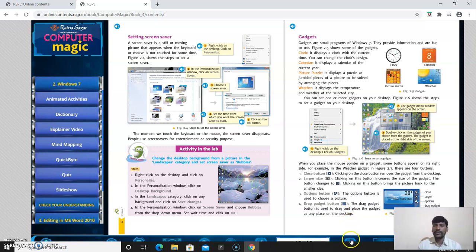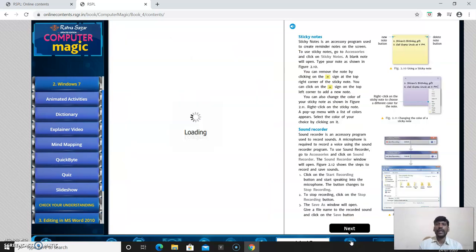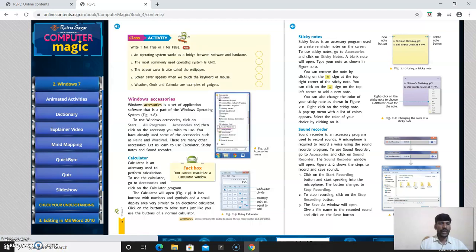So now next we will move to the next. After gadgets there is a class activity. Clear? Now it's loading. Yeah, class activity. This is write true or false. You please write down true or false in your textbook only.